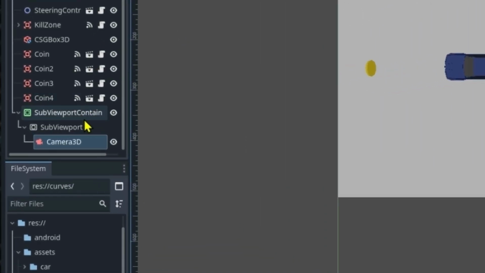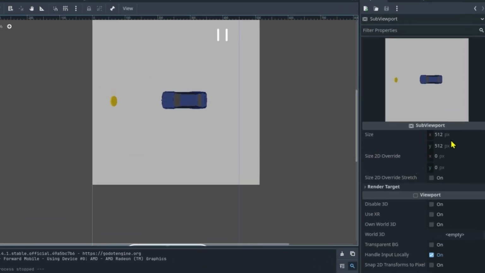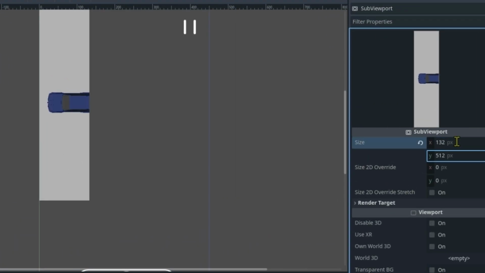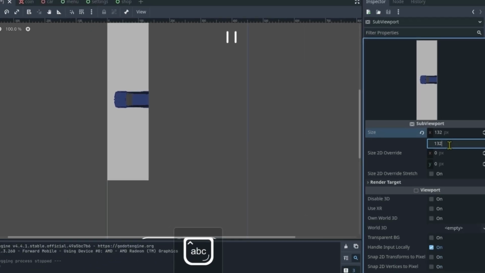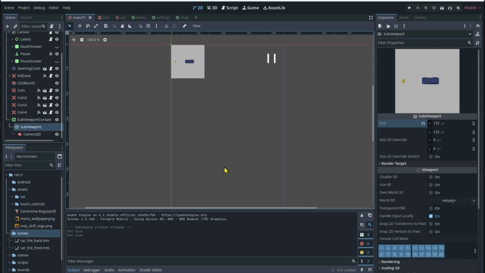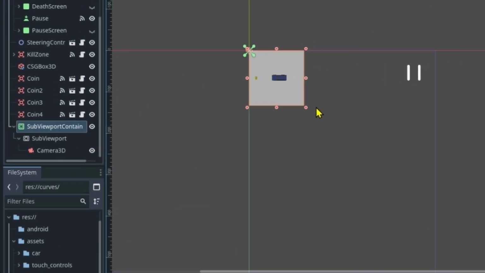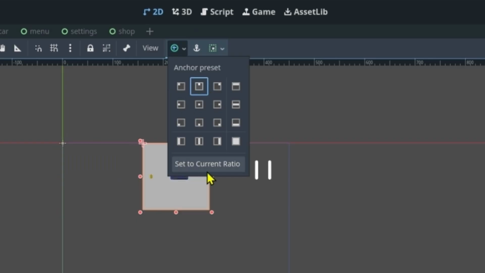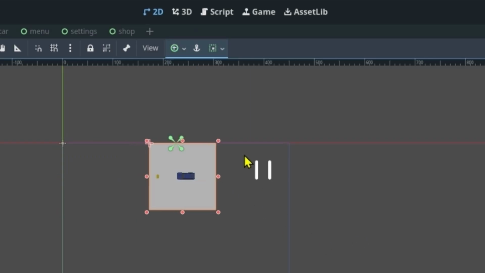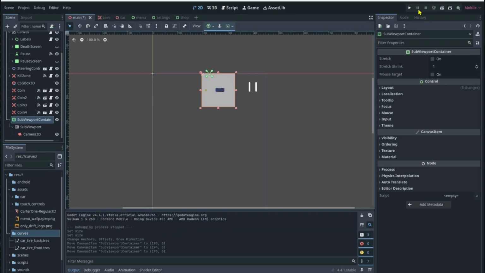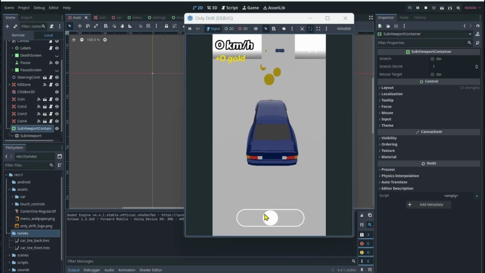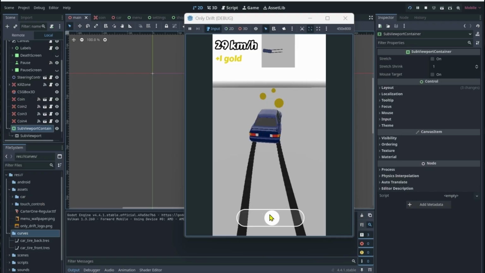So what you're going to do is, in your SubViewport, change the size however you want for your game. And I'm also going to change the anchor in the same SubViewportContainer so that it's not overlapping with the other labels. And here you have your little minimap, but it's not perfect yet